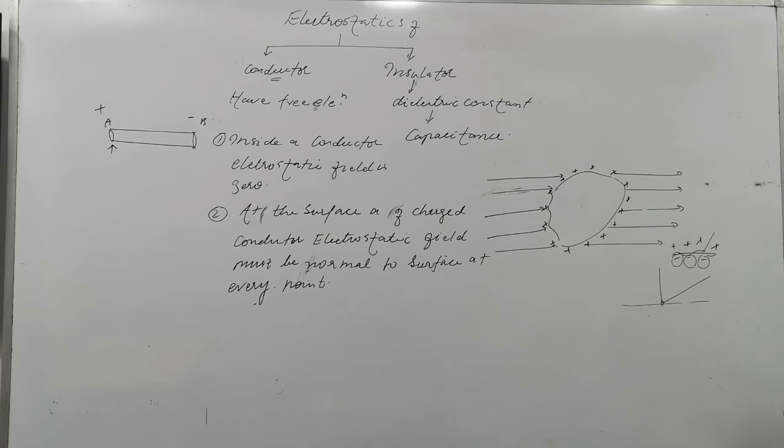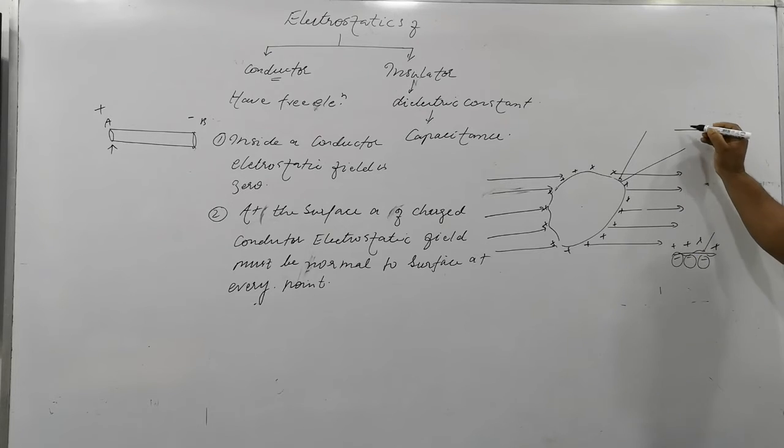The first topic we have discussed. And second, what will be the direction of the electric field on the surface, right? If we see this surface in a microscopic view, the surface is in this manner, clear? And the charge present is here. Obviously, we take the charge in this manner, so the charge is embedded here, right?